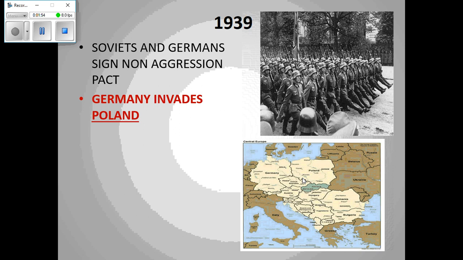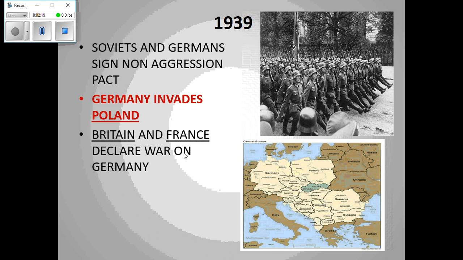When they do that, the British are finally going to say enough's enough. We let you have Austria, we let you have Czechoslovakia, Sudetenland. You're not taking Poland. Just a couple days prior to the invasion, Great Britain had signed a protection agreement with Poland. They're not going to be able to protect them, but they signed it anyway. So Great Britain and France, the day after the invasion of Poland, declare war on Germany. And here we go. We're back at war again, 19 or 20 years after the First World War, the same people fighting over the same territory.